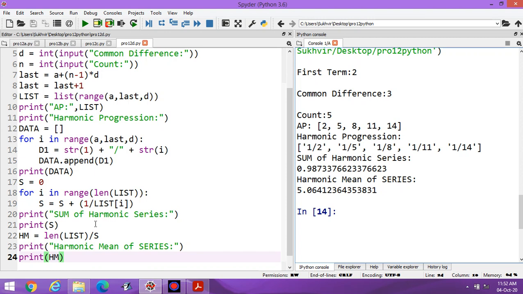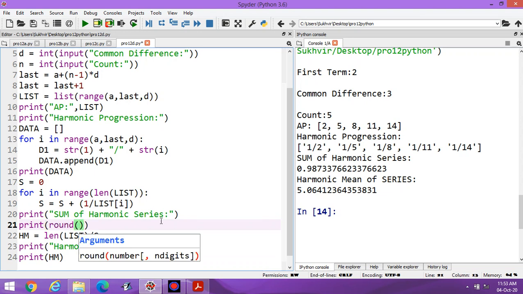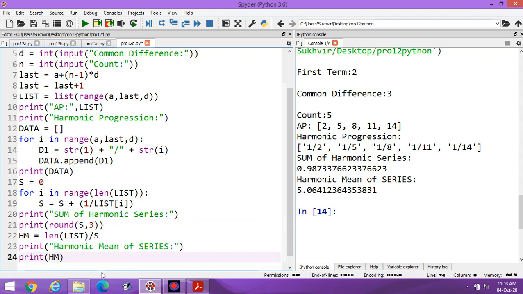Now one more thing you can do. You can print sum as round S, 3 like this, and here also you can write round, then harmonic mean, 3.